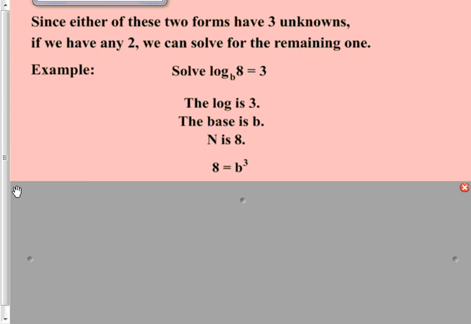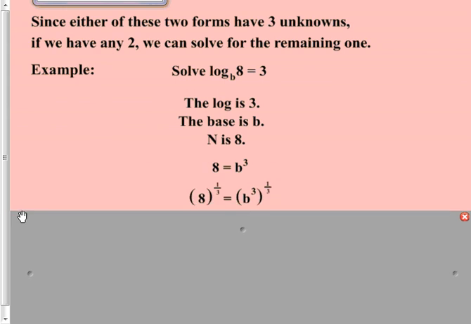Obviously, the opposite of something being cubed is the cube root, so we want to take the cube root of both sides. In short, currently we have an exponent of 3 over 1, so we are going to introduce a new exponent into both sides of the problem, of 1 over 3. And the reason we're going to do that is because of law 3 of the laws of exponents. If you have a power raised to a power, then the rule is you multiply those exponents. 3 times 1/3 on the right side is going to make an exponent of 1 for our b,